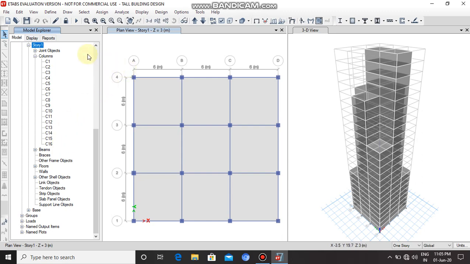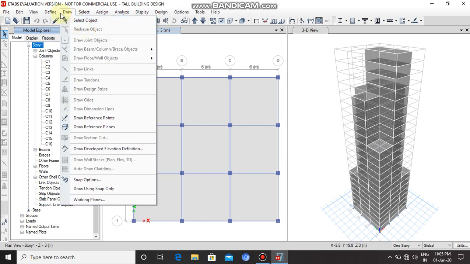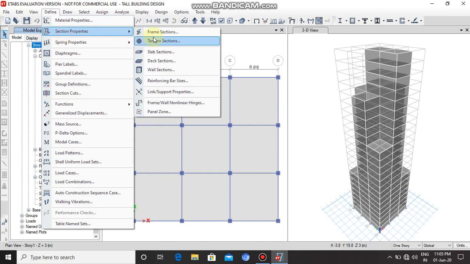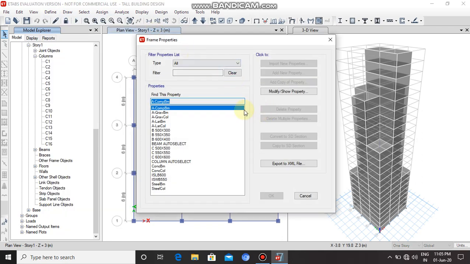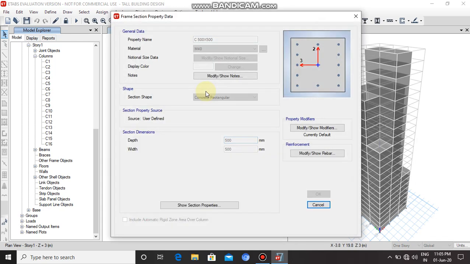For that, let's go to Define, Section Properties, Frame Section, C 500 by 500, Modify, Show Properties. The material is M40.